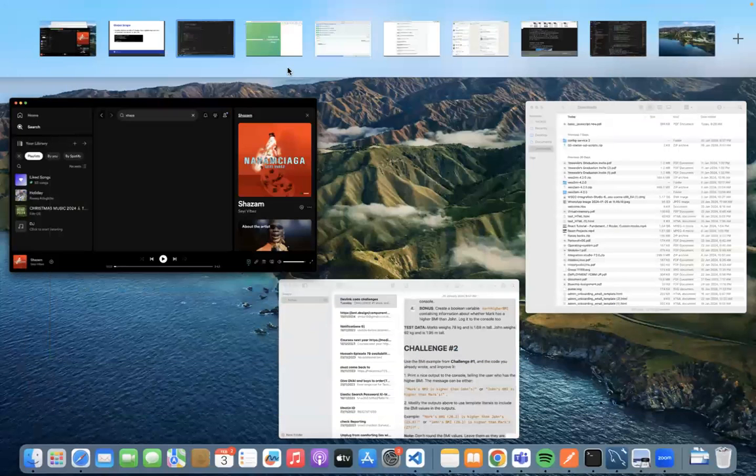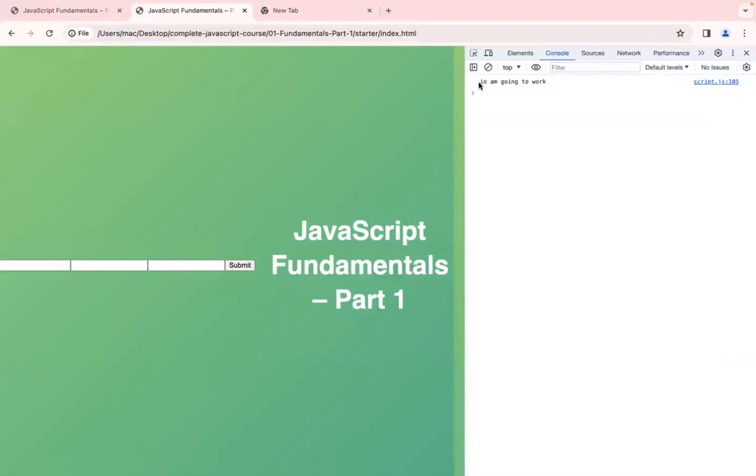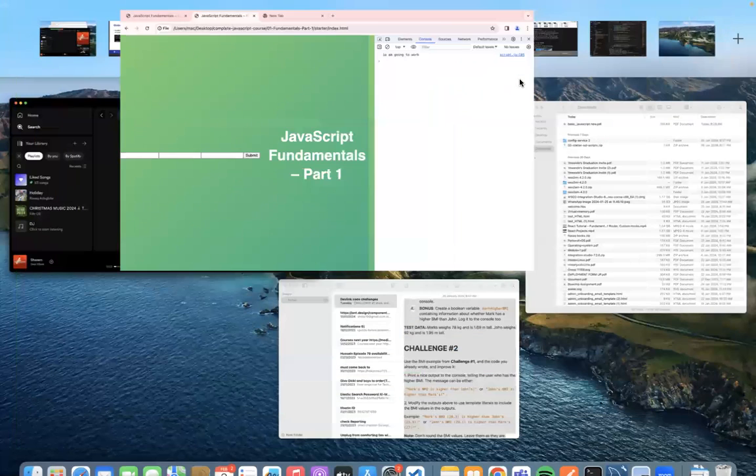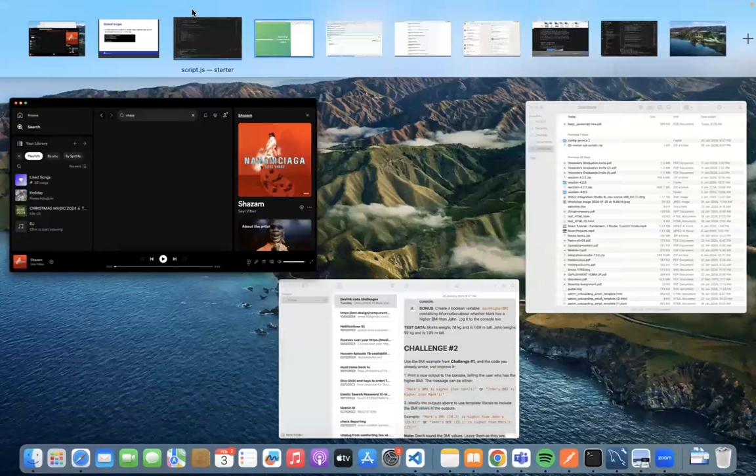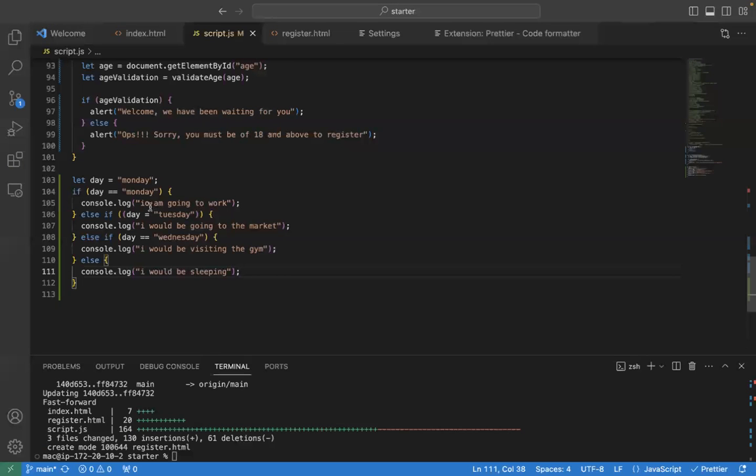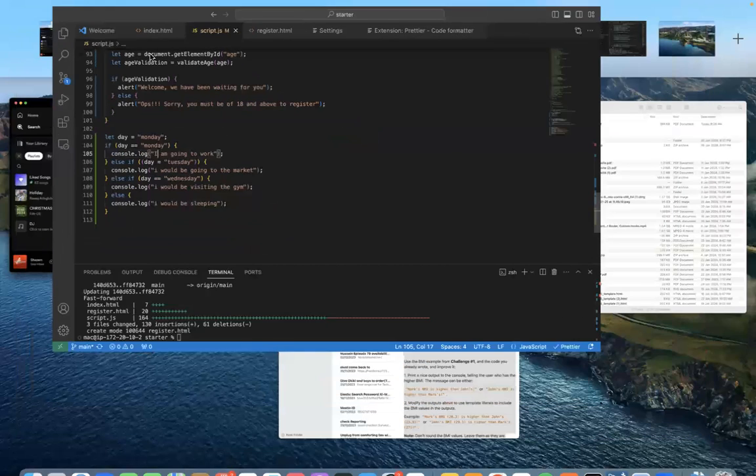Okay. So now if I go to the browser console, what am I printing? Can you see my screen? Yes, we can see your screen. I'm going to work. That's a mistake. This should have been I am going to work. So if I save this,